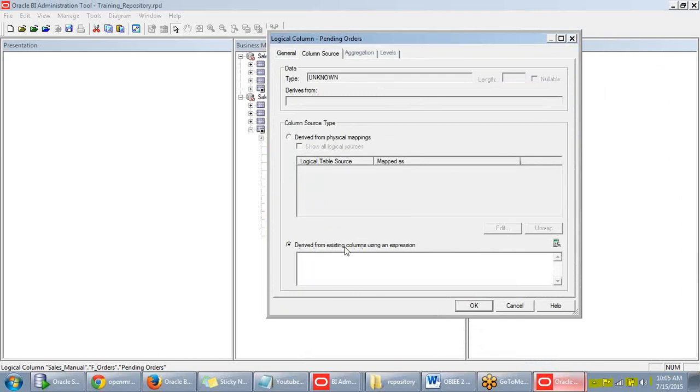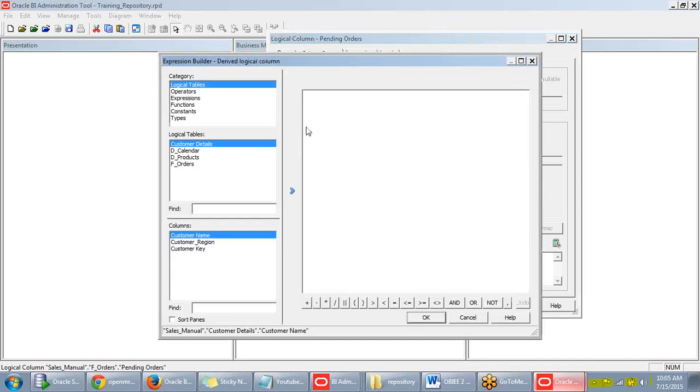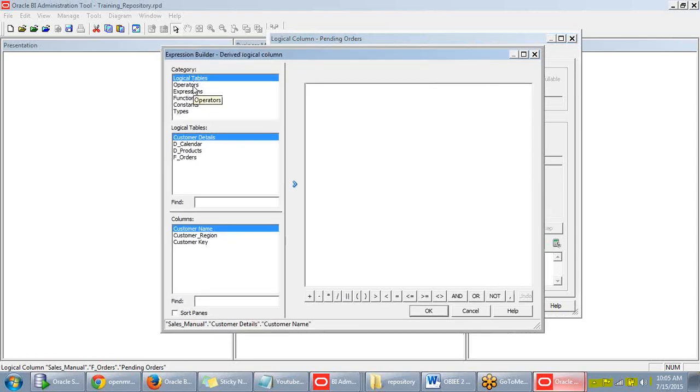After clicking on derive from existing columns using an expression, you will have a calculation button over here. If you click on that calculation button, it shows the categories available, that is logical tables and operators. Operators are nothing but any operation that you need to apply on those logical tables. First of all, let us select logical tables over here, that is